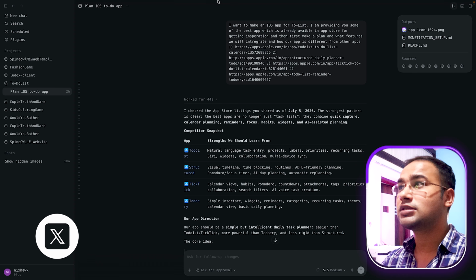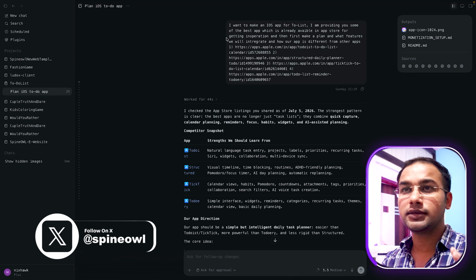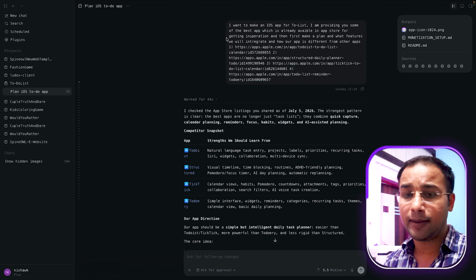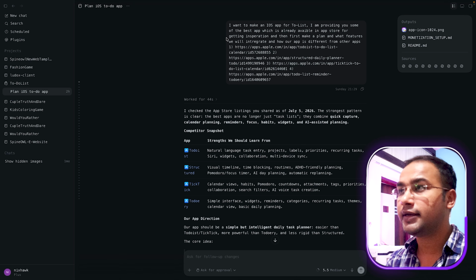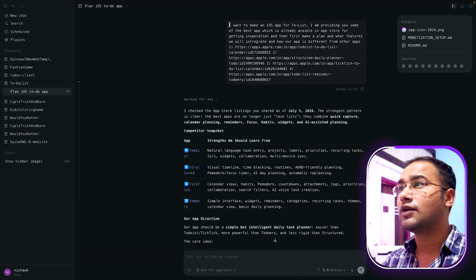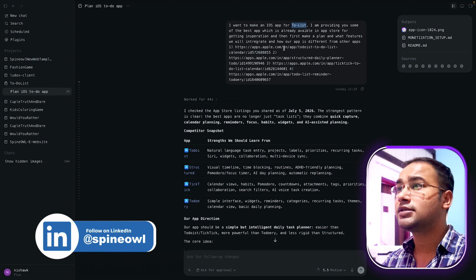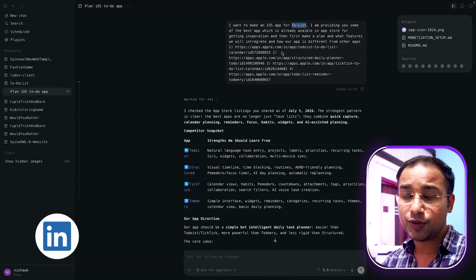So as you can see here on my screen, this app is a to-do list, and to be honest, I was not an app developer, so I didn't know anything about how apps are actually made, right? So I just gave a prompt like, I want to make an iOS to-do list app, and I already provided some URLs of apps which are already available in the App Store,